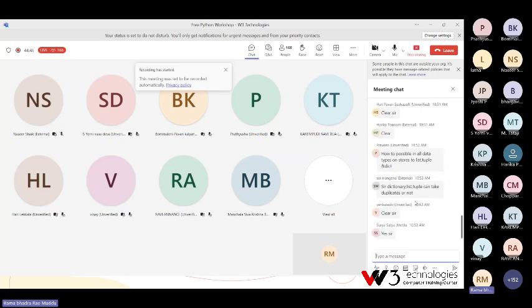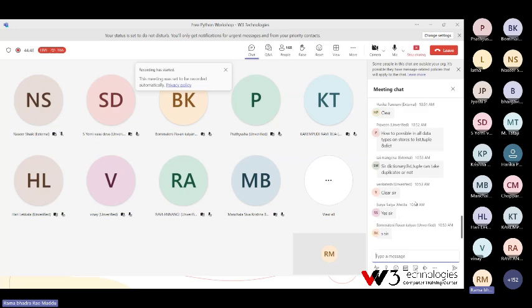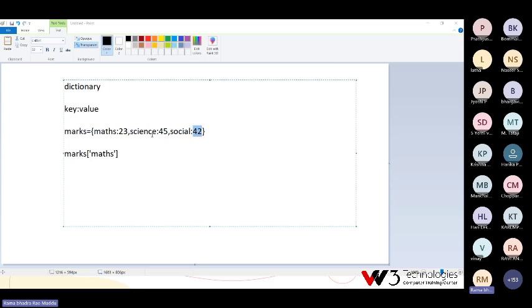How is it possible to store all data types in list, tuple and dictionary? So we can store all types. Just now I showed an example. Once we enter into the programming part, we will clear all remaining doubts, because this is the first initial theoretical explanation we are giving here. I did not enter into the practical part. Then we will know in depth about each and everything again. Okay, don't worry. Again, in the practical session, I will explain everything.